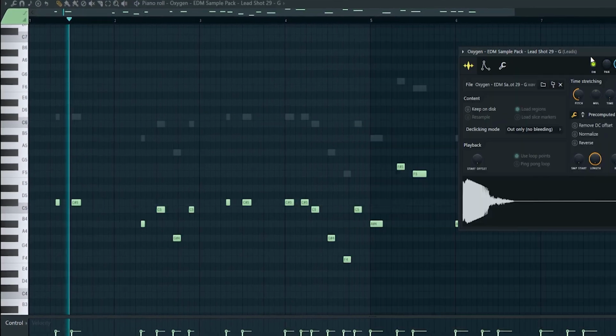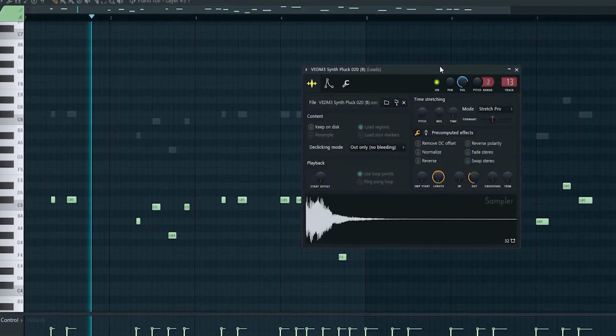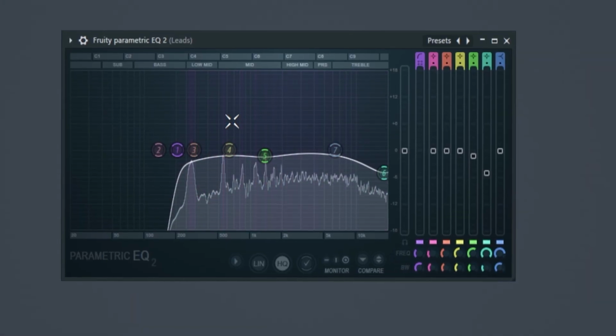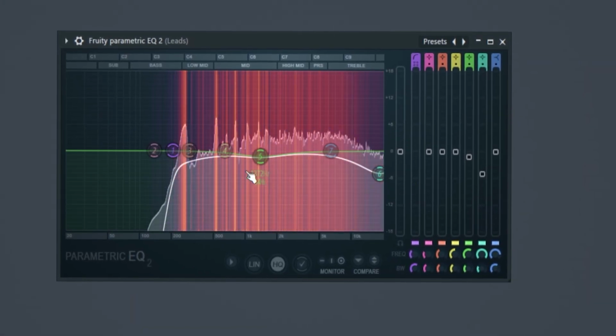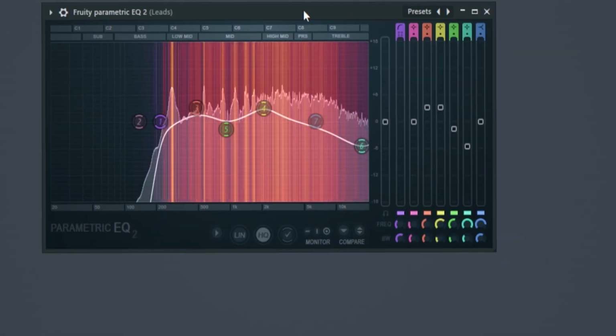So the main lead layer is this. Layers. And for the effects, EQ to cut the low frequencies, Camel Crusher for distortion, again an EQ to cut the low frequencies and to shape the sound a little bit. Then some distortion, then again distortion through Decapitator, OTT to glue it all together, then again an EQ to shape